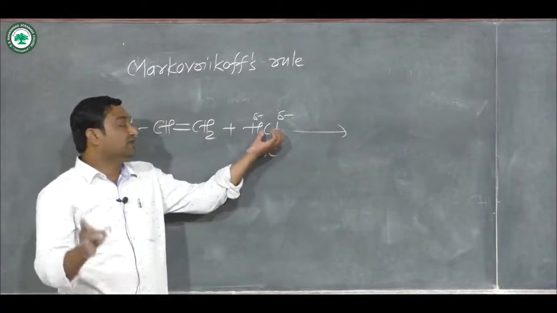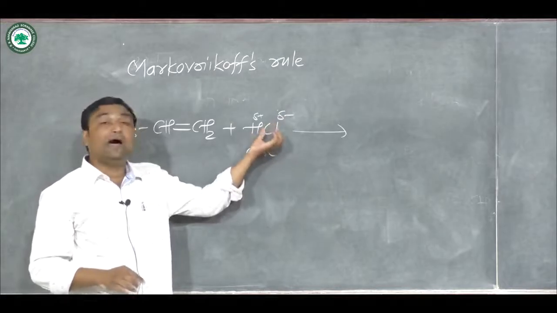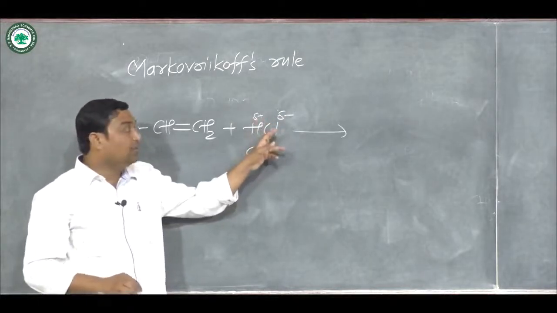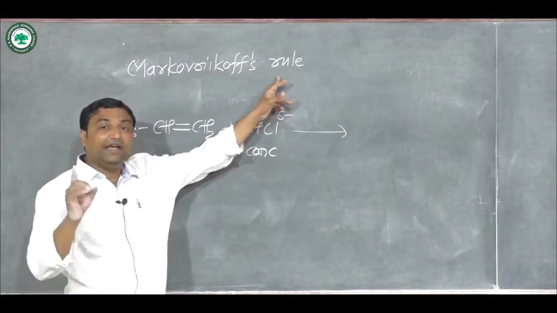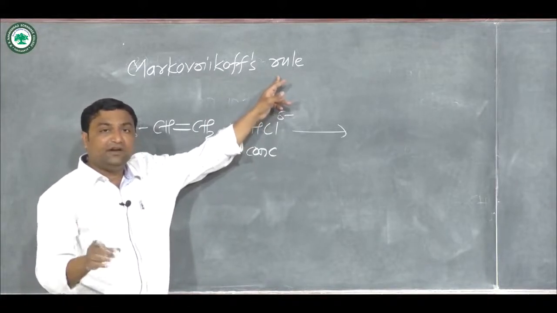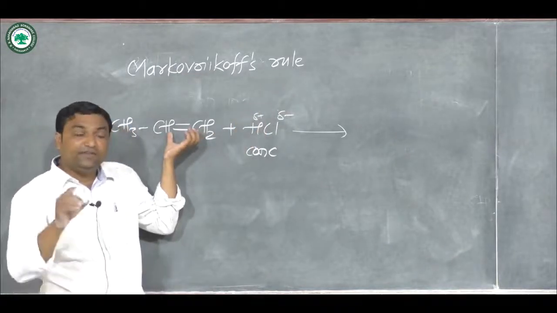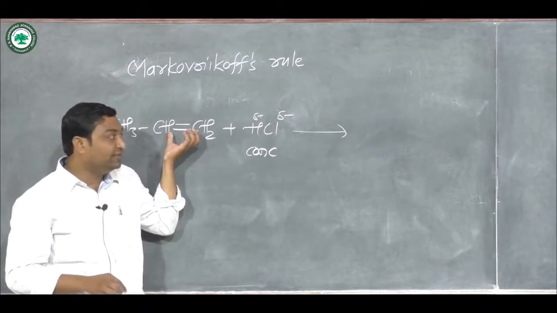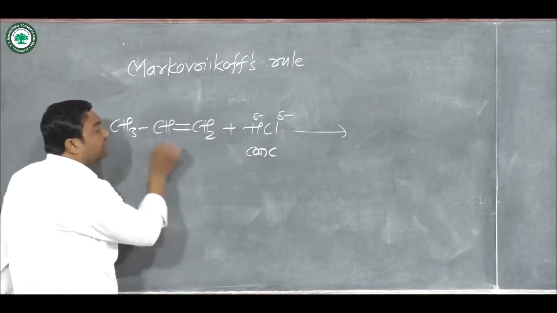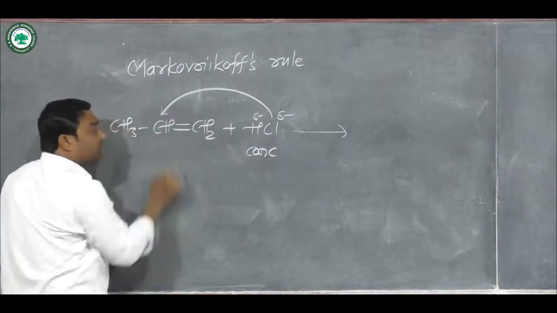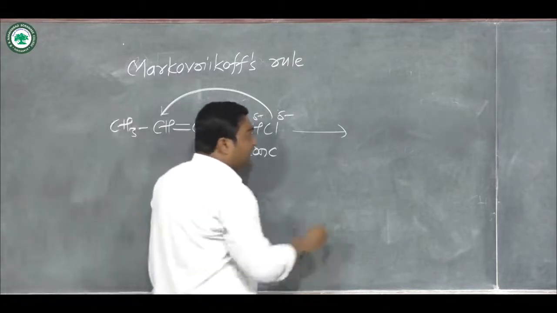As this chlorine carries partial negative charge, it is the negative part of that reagent. Now, on the basis of Markovnikov's rule, which states that the negative part of any reagent goes to that carbon atom of olefins which carries less number of hydrogen, this negative part goes to this carbon atom, whereas the positive part goes to this carbon. That's why